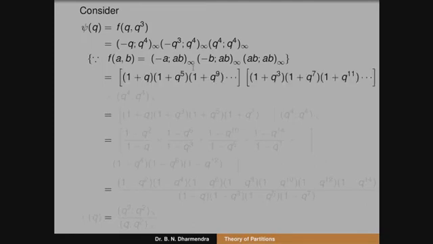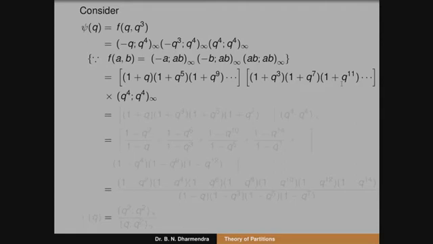So that can be written as 1 plus q, the first term, of 1 minus q to the power of 4 infinity. The next term, where the base jumps to 4, is 1 plus q to the power of 5 into 1 plus q to the power of 9, up to infinite terms. The next term, minus q cube to the power of 4 infinity, is 1 plus q cube into 1 plus q to the power of 7 into 1 plus q to the power of 11, into q to the power of 4 to the power of 4 infinity, as it is the same.